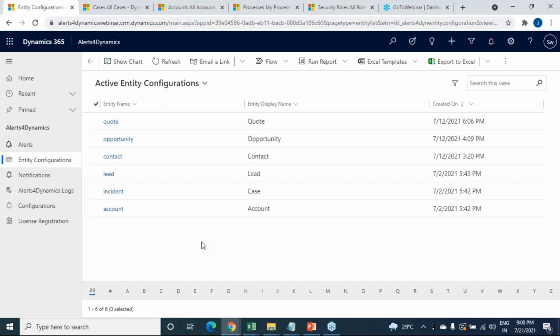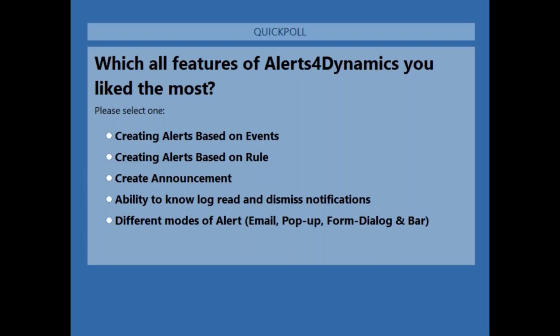Now shortly you will receive a poll on the features that you like the most in alerts for Dynamics. So here's the poll. I would request you to kindly cast your vote on the features that you like the most in alerts for Dynamics.